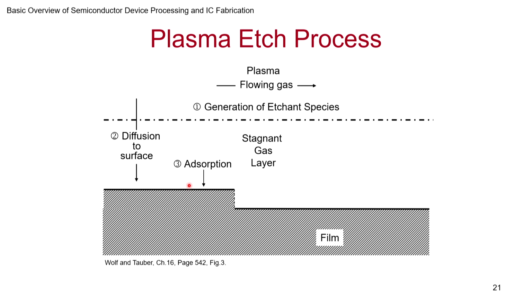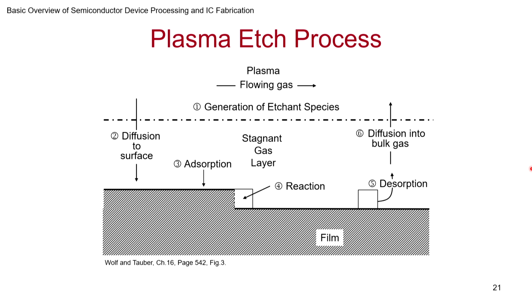Then they get adsorbed at the surface. We are talking about these gas molecules which are excited, and they have been adsorbed at the surface. They end up reacting, and once they react, they form something else, and that may not be easily adsorbed. Once it is reacted, it may want to be more free, so it will try to desorb, and once it is desorbed, it will go out, and you should make sure you are able to take it away.